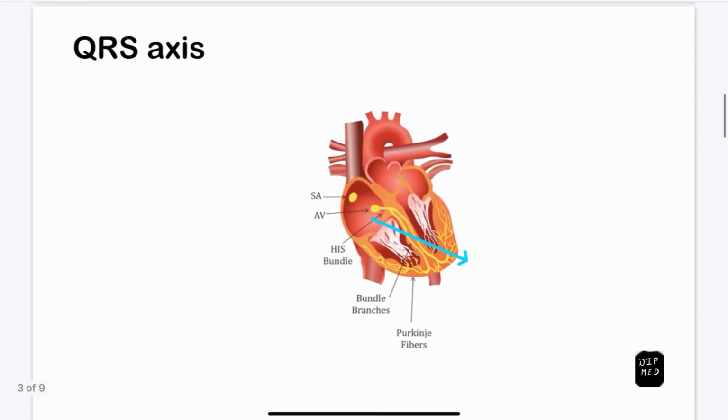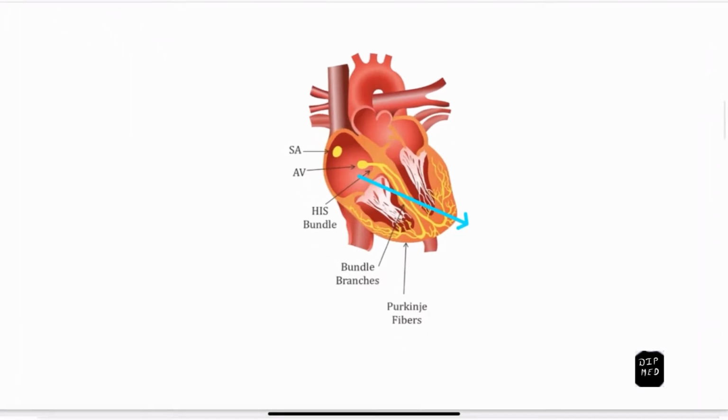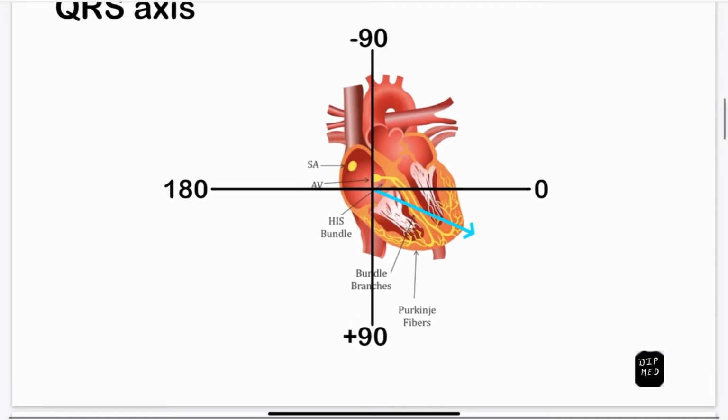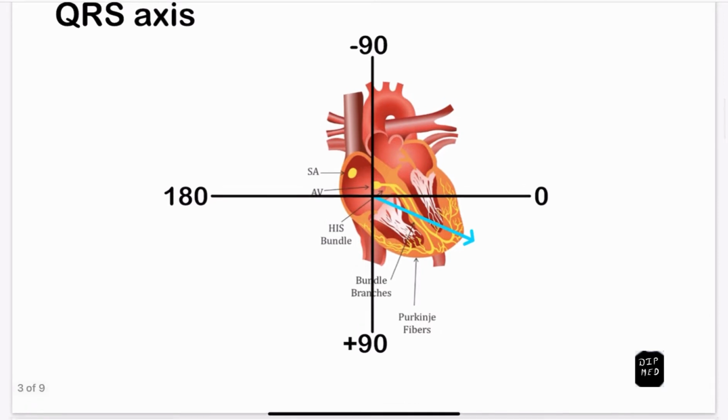Next, we are going to learn how to determine the ECG axis, or the QRS axis. In order to understand this, we need to go back to this picture which shows the heart with its summation vector. Normally, the summation vector is directed downward and towards the right. Now, if we place a grid over the heart with 0 degree towards the right, plus 90 degree to the bottom, plus 180 degree to the left, and minus 90 degree to the top,